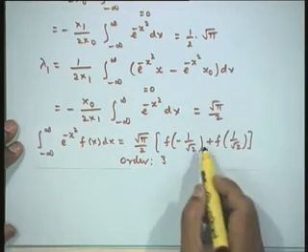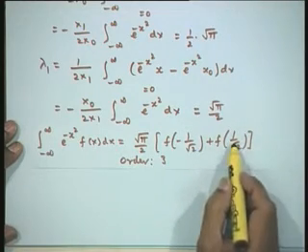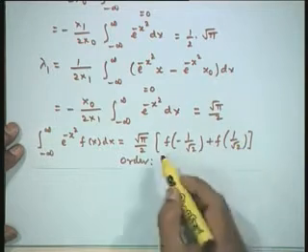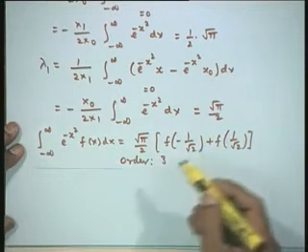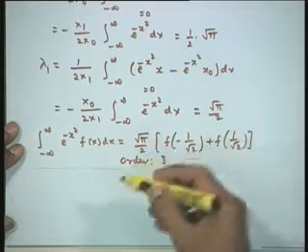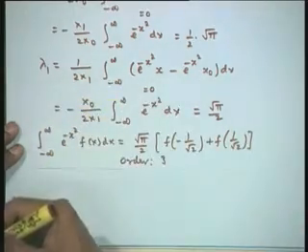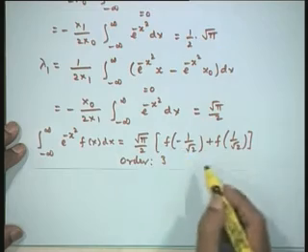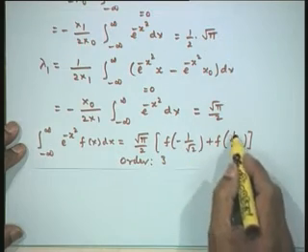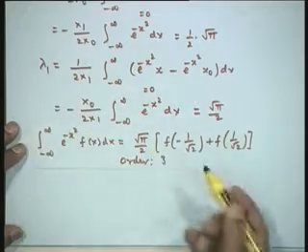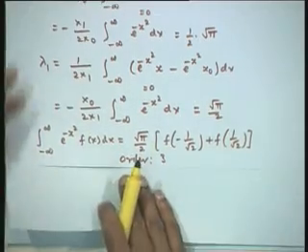Now, you can see that these are evenly distributed, symmetrically placed about the origin. Minus 1 upon root 2 and 1 upon root 2 are the two abscissas. Now, as you go to the 5-point formula or the odd ones, if you take 9-point formula, all of them would be symmetrically placed, one less than 0, one greater than 0, symmetrically placed about the origin. And as we take the order of the formula higher and higher, the value of the abscissa would grow larger and larger to cover more domain, so that the result will be much more accurate.